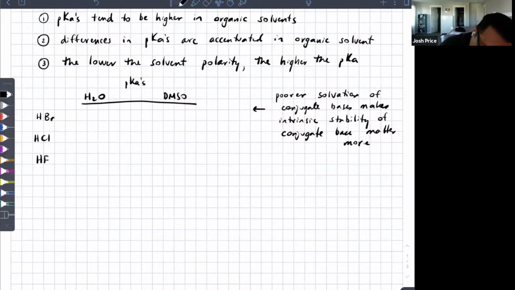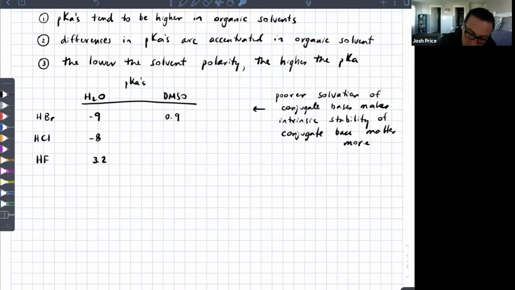In water, you've got -9, -8, and close to 4, 3.2. In DMSO, the numbers are spread out even more. So in DMSO, the pKa of HBr is now about 1. That's dramatically less acidic than it would have been calculated in water,